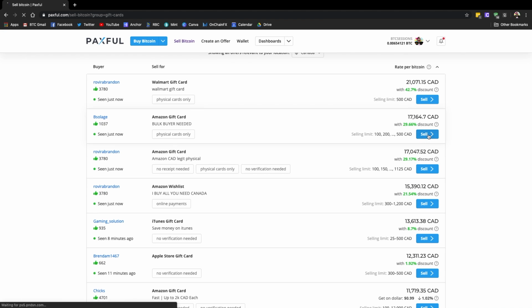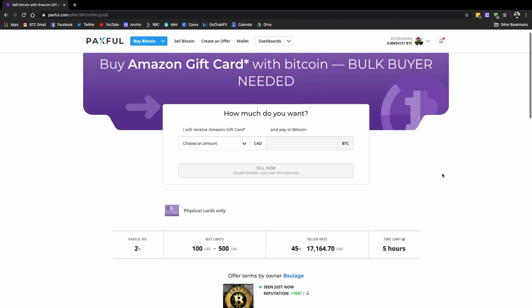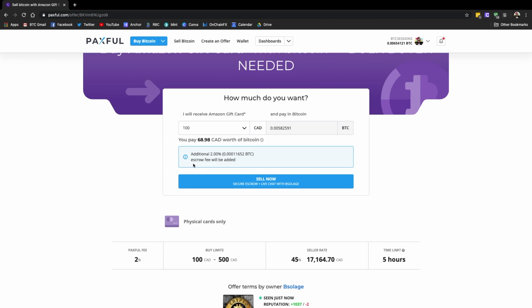So if I want to click on this, it shows me that I will receive an Amazon gift card for, let's see, I want a $100 gift card. That'll give us a nice easy amount, okay? So I'm going to pay this much in Bitcoin, which is